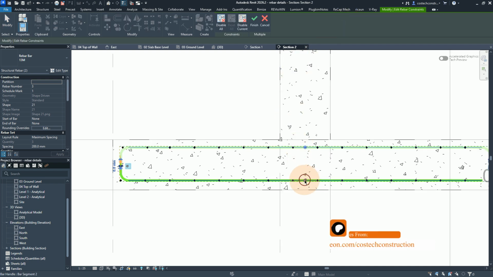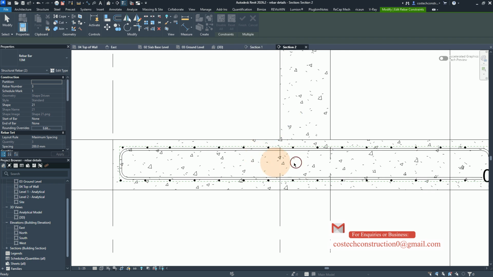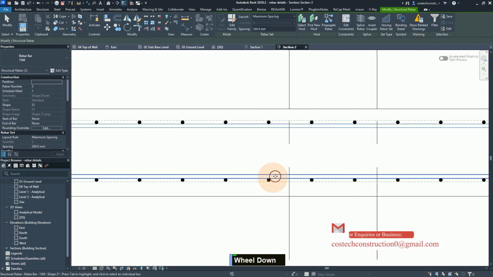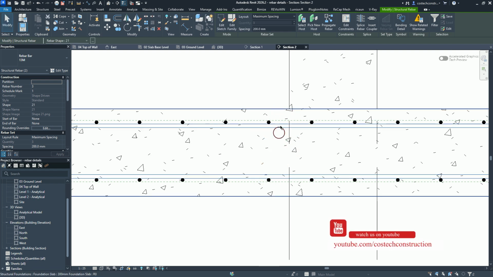Now we can select on this handle, go to the dimension here and give a value of -12. Then we can press Finish. Now we see that the bars have been placed correctly, and this one is above or below this one. So there will be no interference at